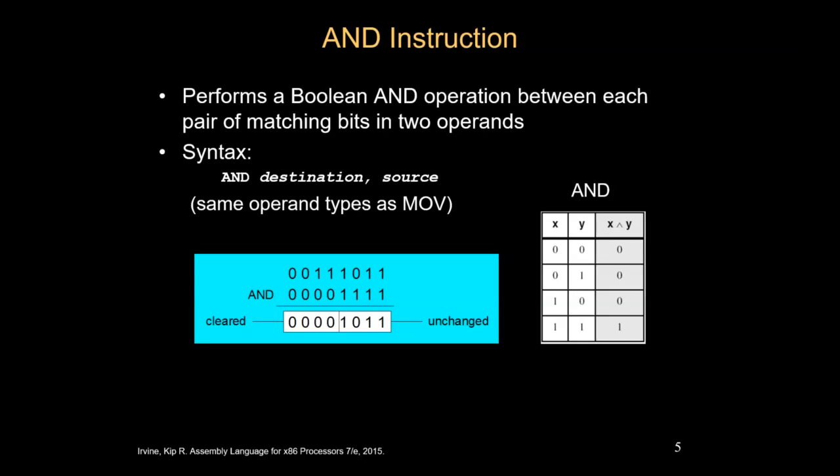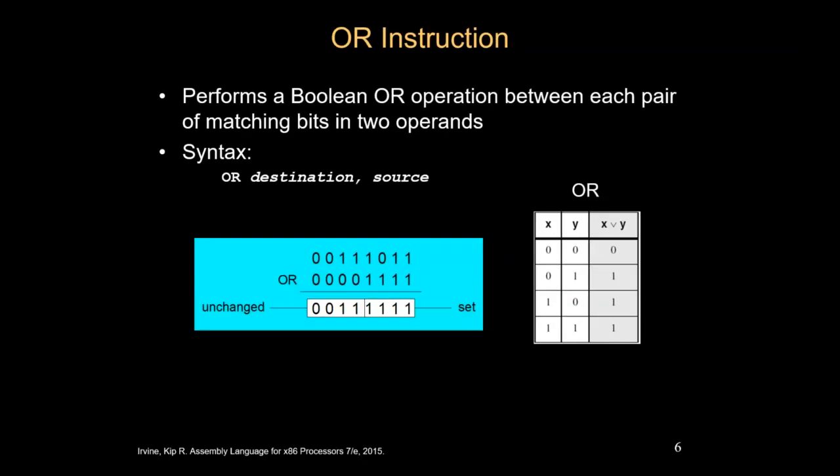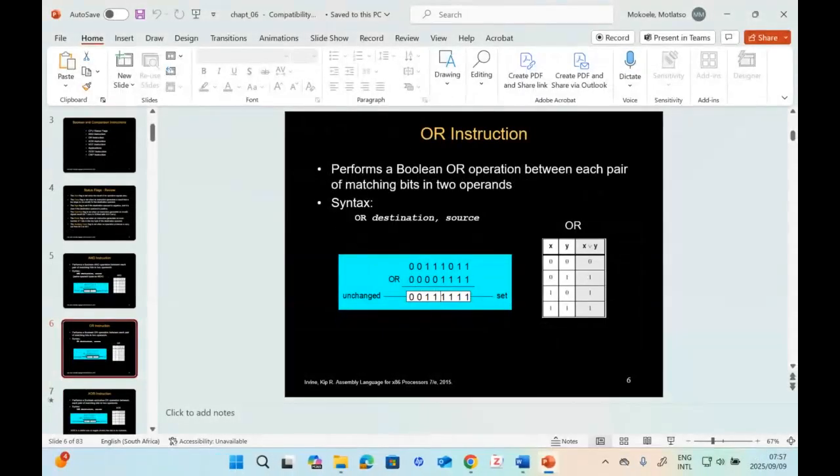So we have again this guy called what? The OR instruction, right? So the OR instruction performs a Boolean OR operation between each pair of matching bits in two operands and places the result in the